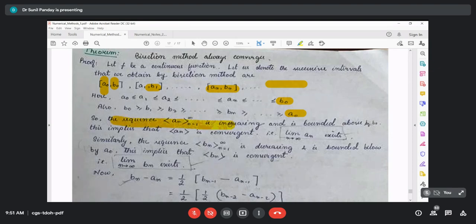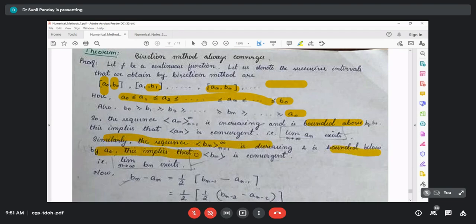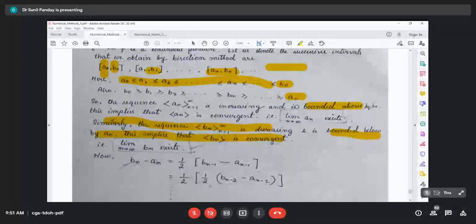This is a monotonically increasing sequence that is bounded above. If you have such a sequence of numbers, increasing but bounded above, it is definitely going to converge to some real number. Similarly, if you have a sequence of numbers decreasing and bounded below, then that sequence also converges. These are theorems that you learned in your BTech first semester course in the sequence and series topic. So from this we conclude that the sequence a_n converges.